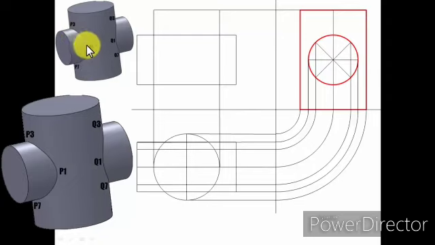Okay, and when you try to look at this entire scenario from the left hand side, this curve of penetration would appear as a circle from the left hand side view. Hence this point P1 is going to appear here, and there is going to be a point P2 over here. It's going to be lying here. This is P3, P4, P5, P6, P7, and this is going to be P8. Fine,